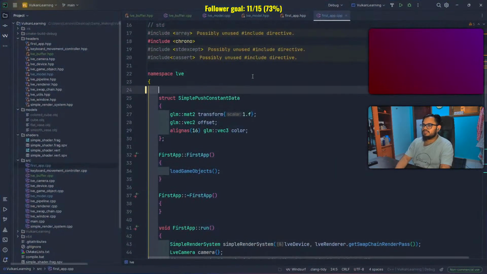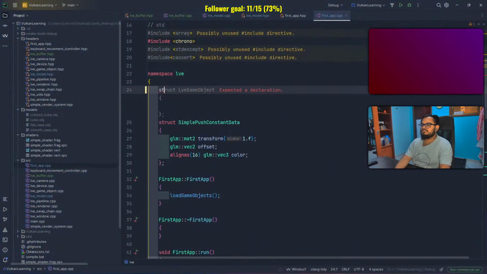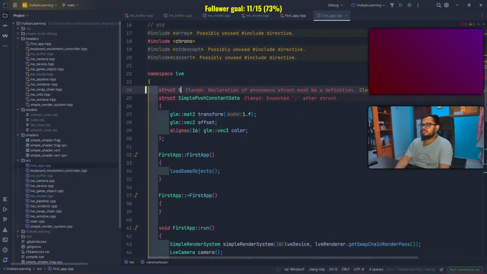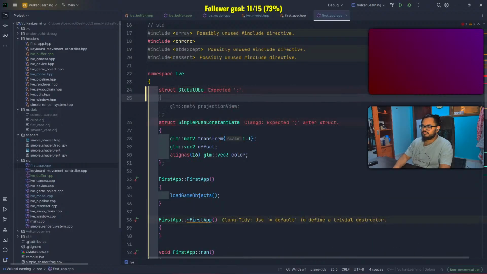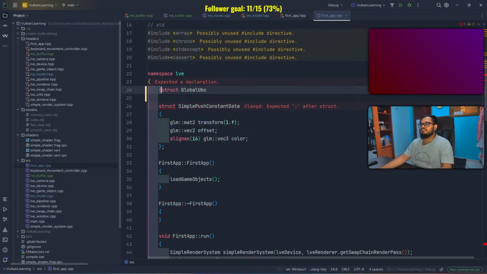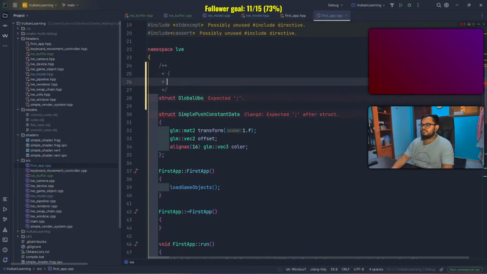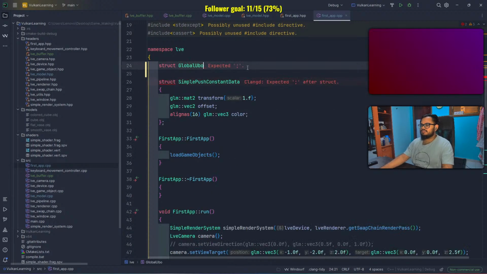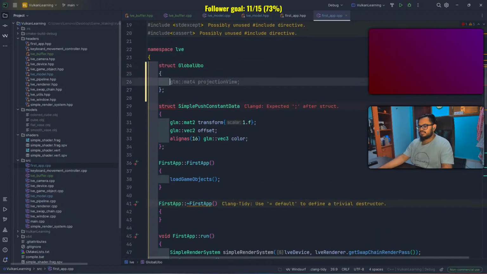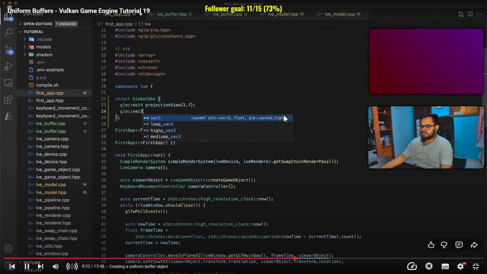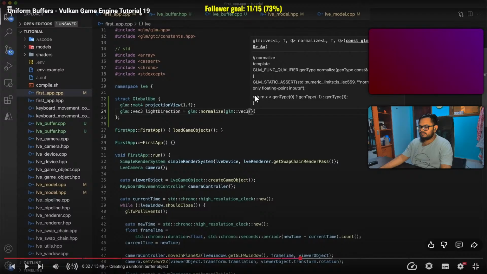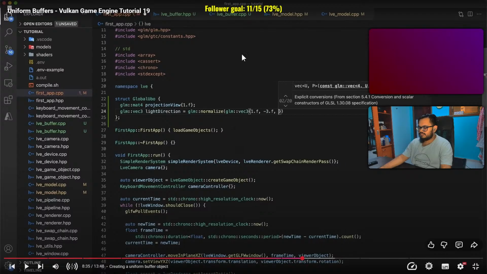Okay, another struct, global UBO. Initialize to the identity matrix. And a glm vec3 field called light direction. And initialize that to glm normalize glm vec3 of 1, -3, and -1. This struct is going to serve a similar